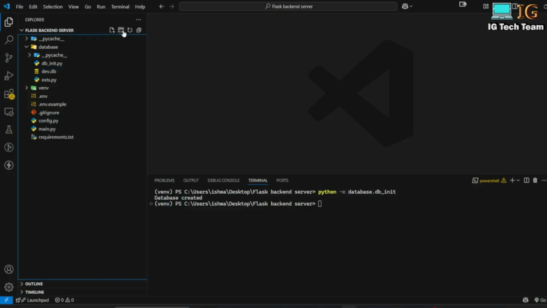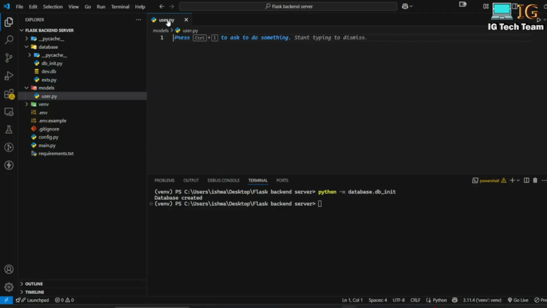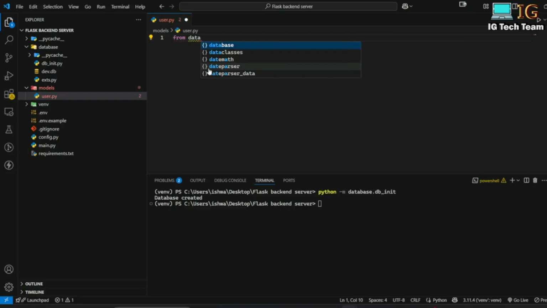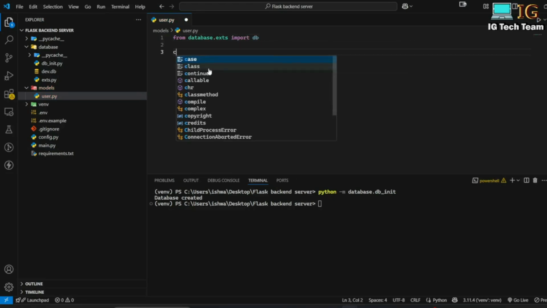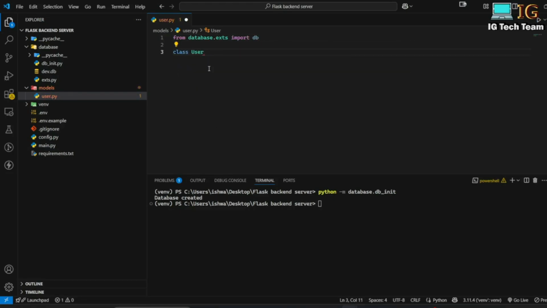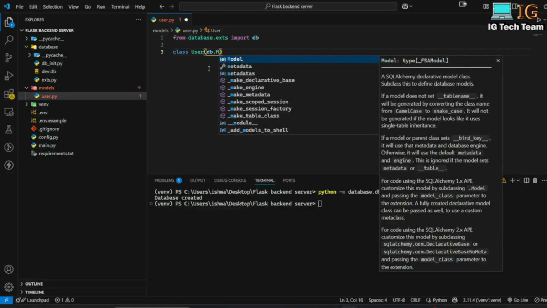So I'm going to create one folder here, models, and the first one is user.py. I'm going to create this user model. So first of all, I'm going to import db, from database.exts import db, and I'm going to create user model. I can pass db.Model,